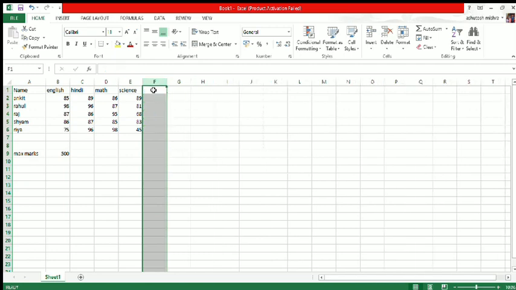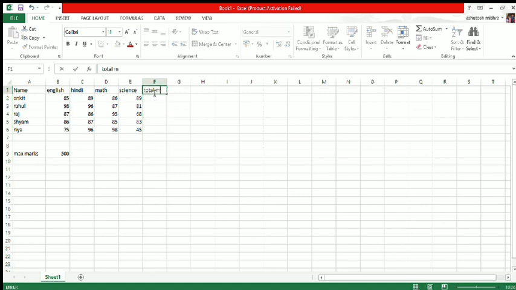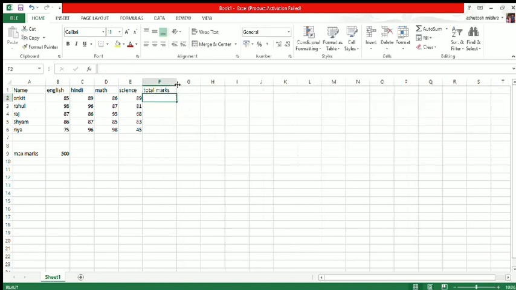Write total marks. Now, you will apply a function same as a formula, but there is a little bit of difference. First you will click where you want to display the result. After that you will click in the fx bar.